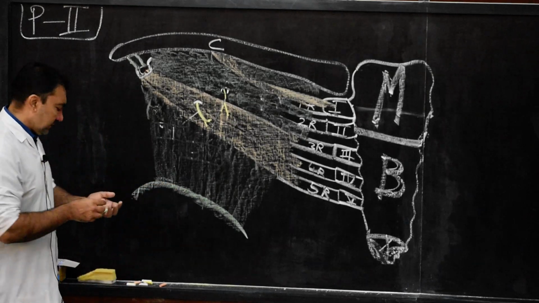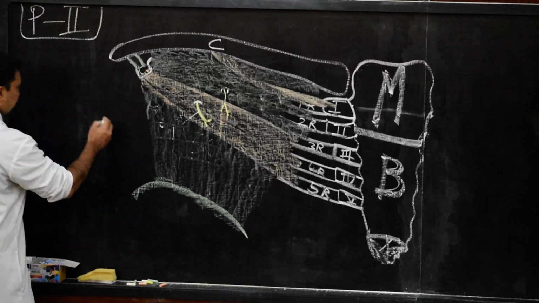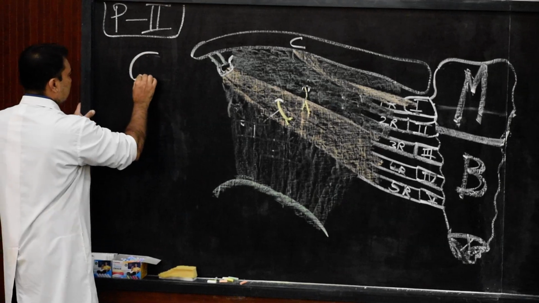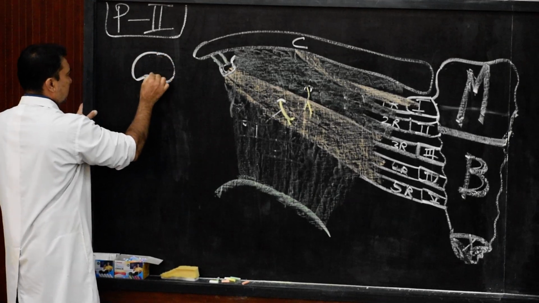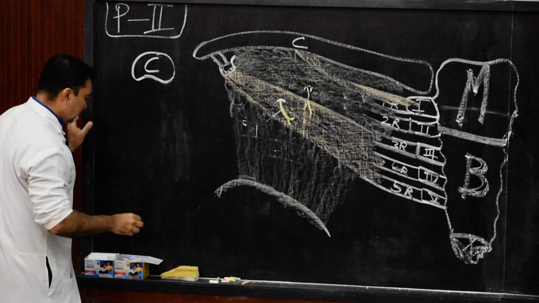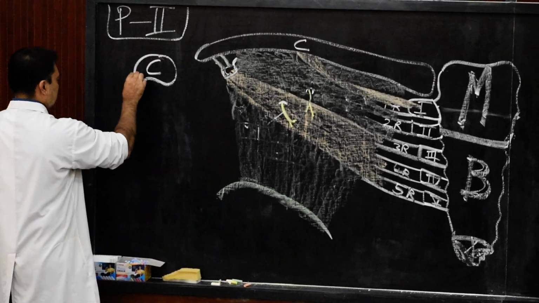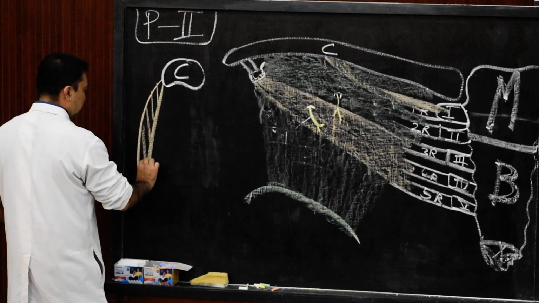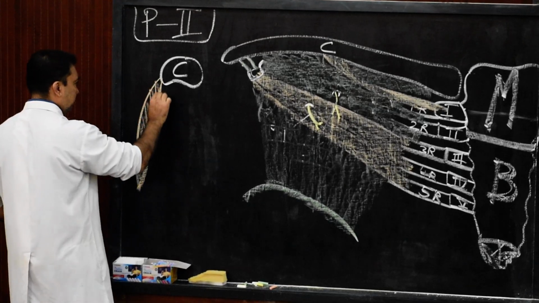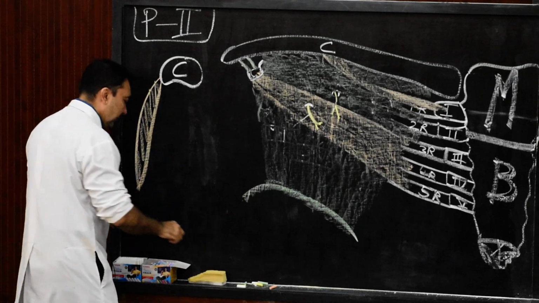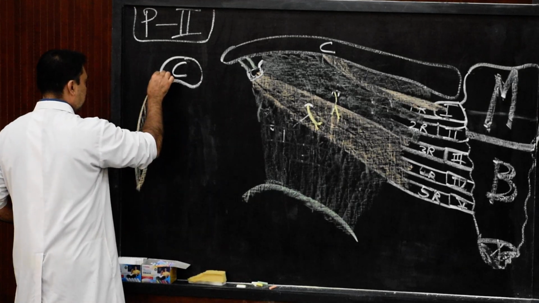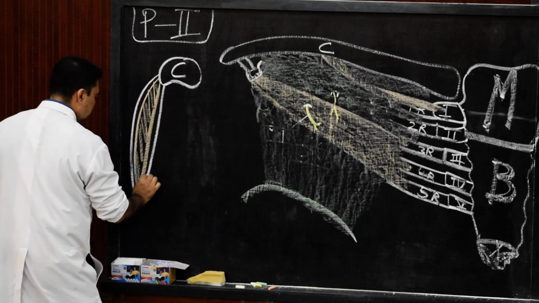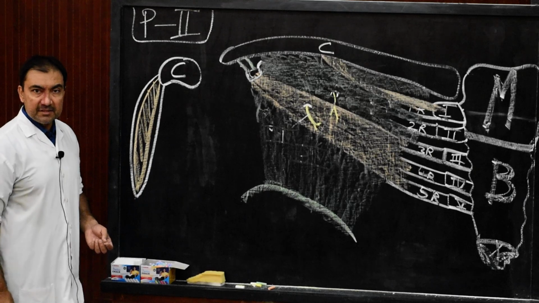Now the same thing we need to represent in sagittal section. This much we are going to draw over here. For example, if I show the sagittal section of clavicle, very simple. Then I show over here the sagittal section of pectoralis major muscle. Remember, this is pectoralis major. This pectoralis major will be covered by pectoral fascia, deep, which is a part of deep fascia.